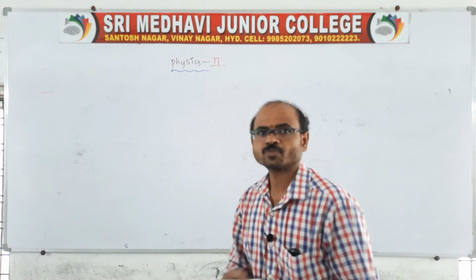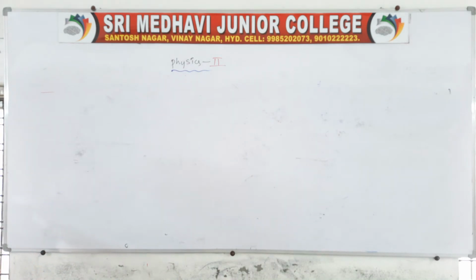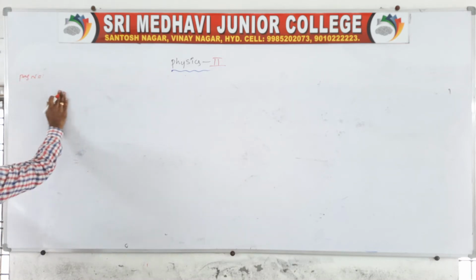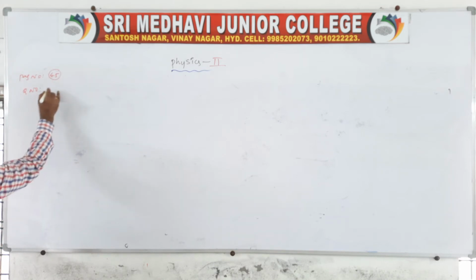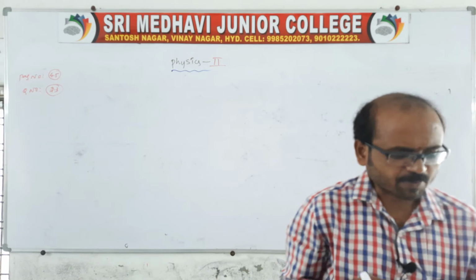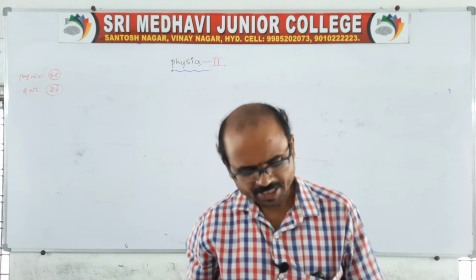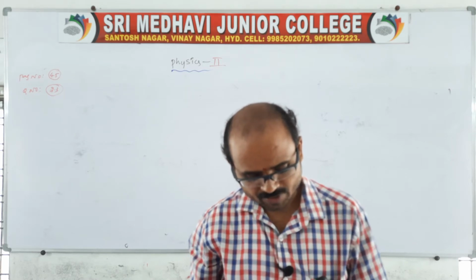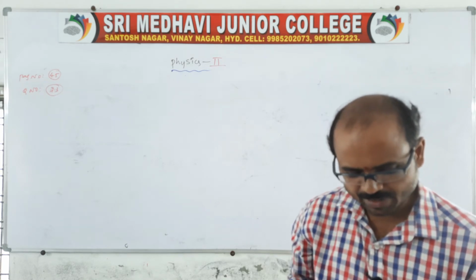Coming to the one problem from the Telugu Academy textbook, the page number is 45. It is there in our material also. That is the example problem, 2.3. The question given is: an object is placed at 10 centimeters in the first case, and 5 centimeters in the second, in front of a concave mirror of radius of curvature 15 centimeters. Find the position, nature and magnification of the image in such a case.